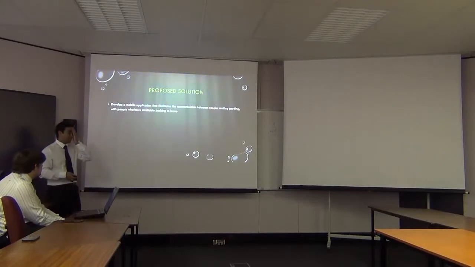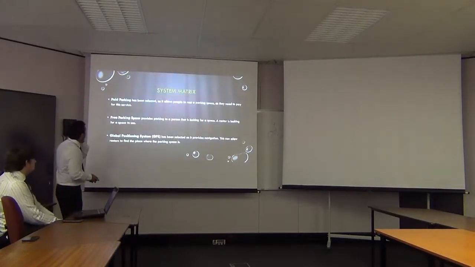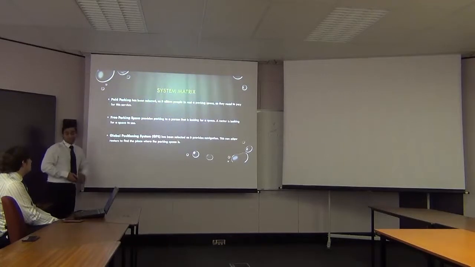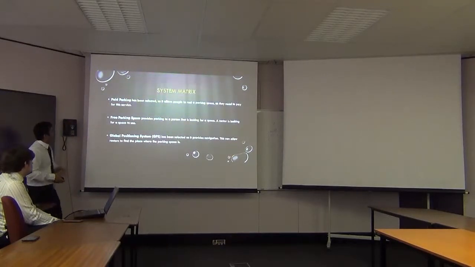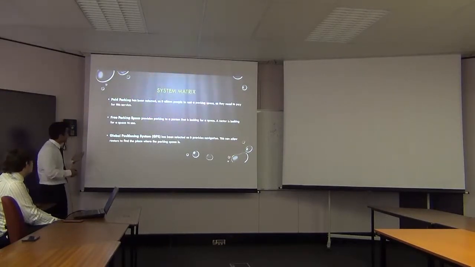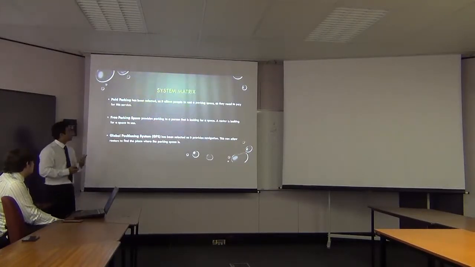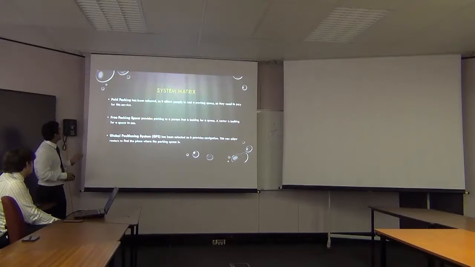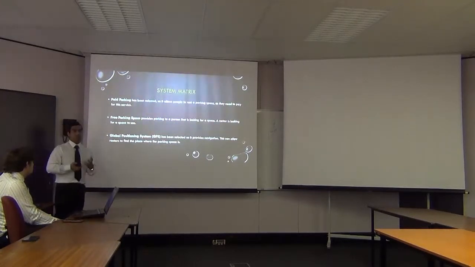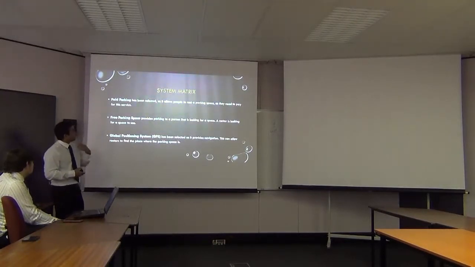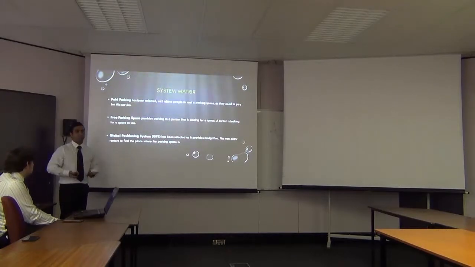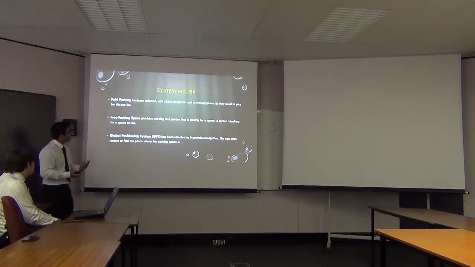Okay, so how we actually came up with this proposed solution is basically the system matrix. So on the left-hand side here in bold, these are the metaphors that we used. A metaphor basically is something that is an easy term to understand and we can explain our system. So firstly, we have paid parking. The reason why we selected this is because if you're renting out something, you want to get something back in return. So that's the reason why we selected it.